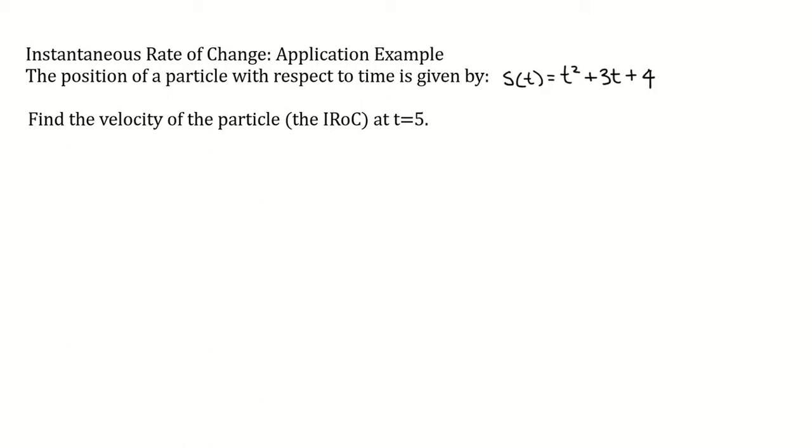The position of a particle with respect to time is given by the function s of t equals t squared plus 3t plus 4. We want to find the velocity of the particle, that is the instantaneous rate of change, at t equals 5. So recall that our formula for instantaneous rate of change